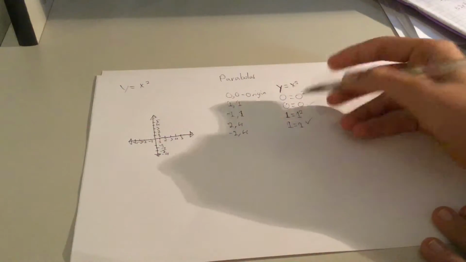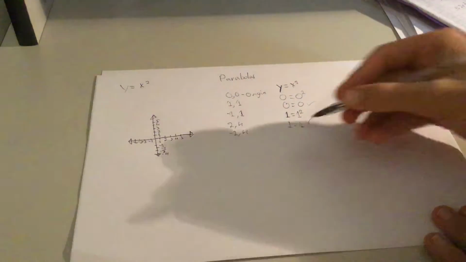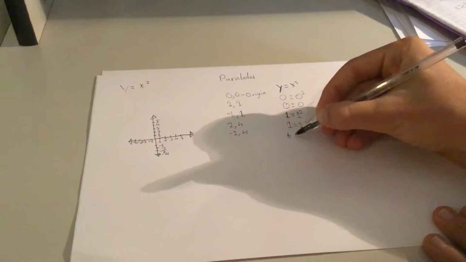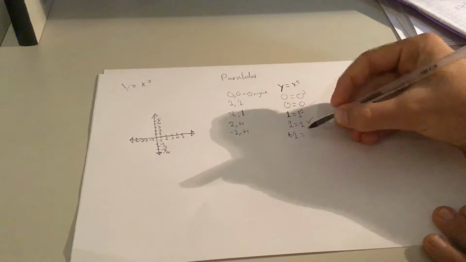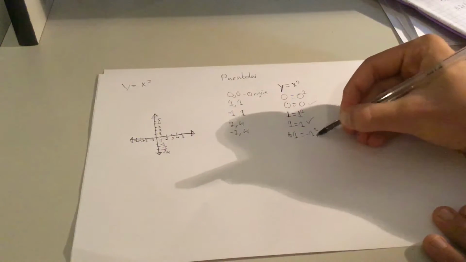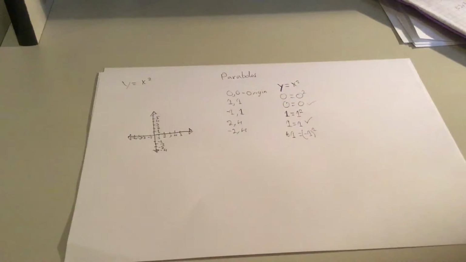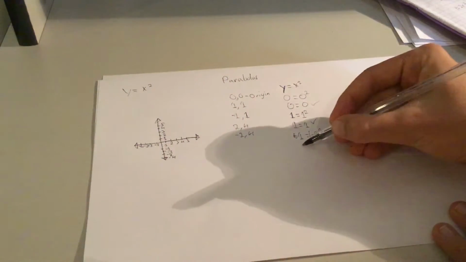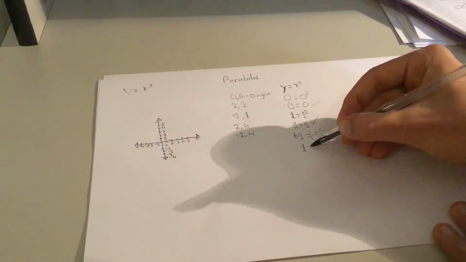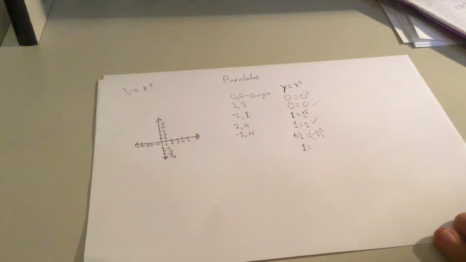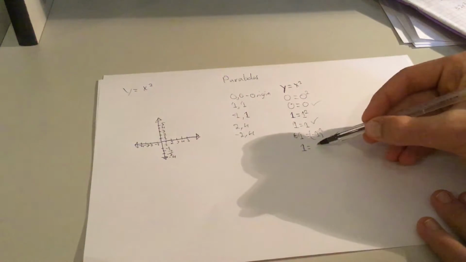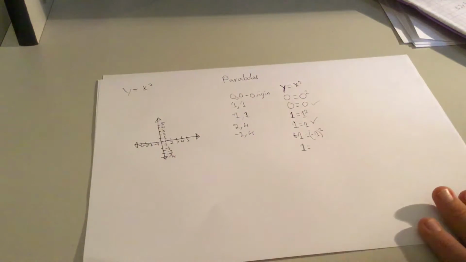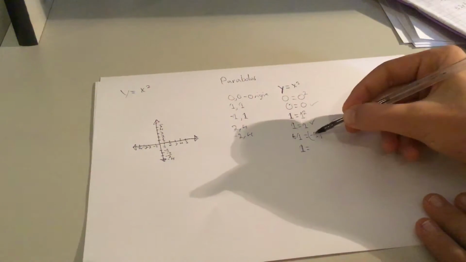Next we have our x coordinate, negative 1. So our y coordinate 1 equals our x coordinate, negative 1 squared. We have to remember that whenever you square a negative number, you get a positive number, right? So here we have 1 equals negative 1 squared, which is equal to 1 times 1. You don't really have to understand that, but you just have to know that if you square a negative number,